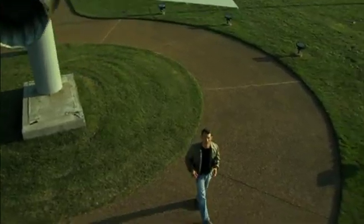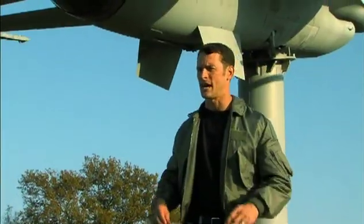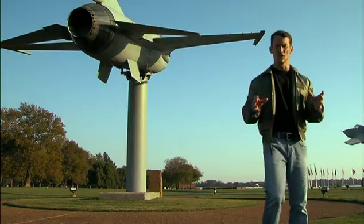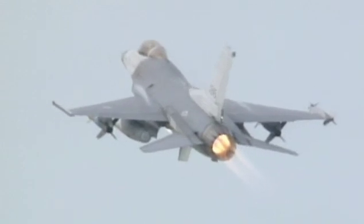The F-16 Falcon is a lightweight multi-role fighter that is highly maneuverable in air-to-air combat and air-to-ground attack. Designed as a high-performance, cost-effective combat weapon, it's in use by 25 nations around the world. Don't let its small size fool you. The F-16 employs advanced aerospace engineering and flight control systems and can withstand over 9 Gs, more than any other